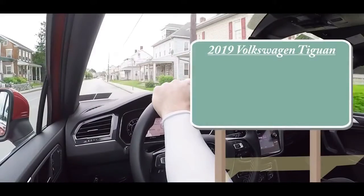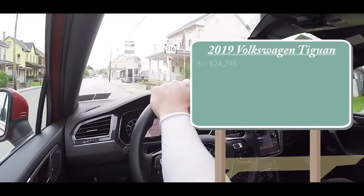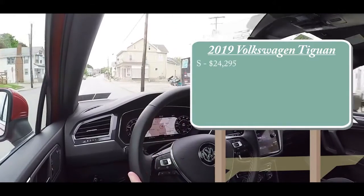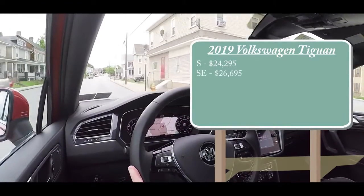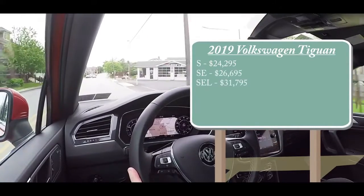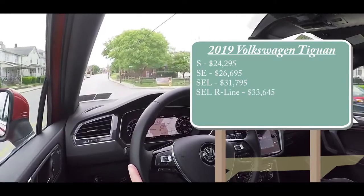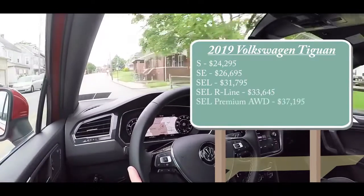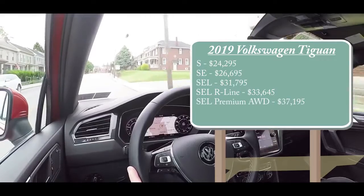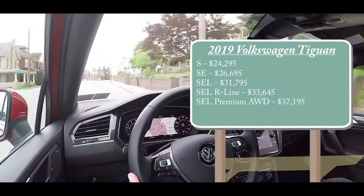So as always, you guys, let's start with pricing. There will be quite a few different trim levels for the 2019 Tiguan. First one being the S, starting at $24,295. SE for $26,695. SEL for $31,795. SEL R-Line for $33,645. SEL Premium all-wheel drive for $37,195. And lastly, the SEL Premium R-Line all-wheel drive, the one we have today, starting at